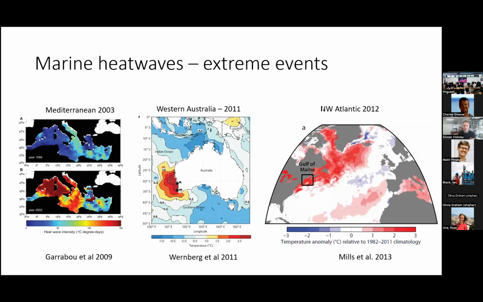So marine heat waves then have had people noticing these really hot periods. And so again, 2003 was really the first description of heat waves as an event. Prior to that, people had described heat waves as hot water associated with things like El Nino in the Eastern Pacific. And so again, 3 really formative events, I think, in the Mediterranean, in Western Australia in 2011, and then the Gulf of Maine heat wave in 2012. And they really got the interest going of some of the community that you're hearing from today, like Andy Pershing working at the Gulf of Maine during this period of time in 2012.